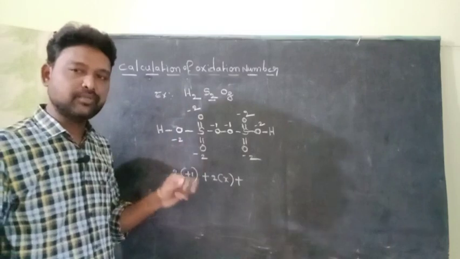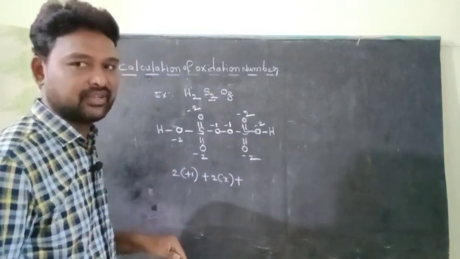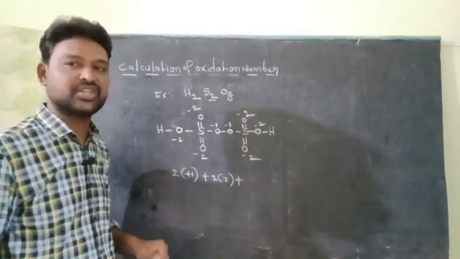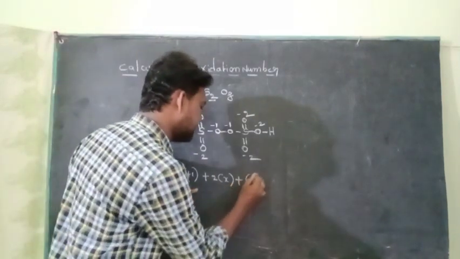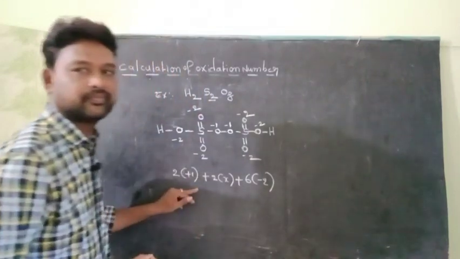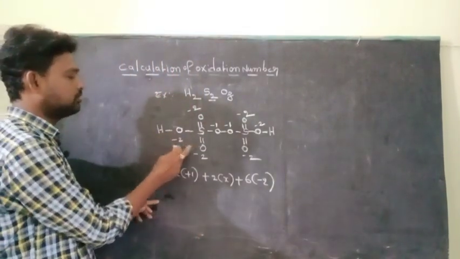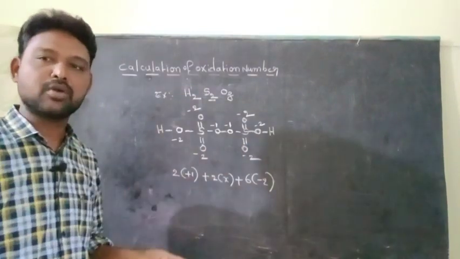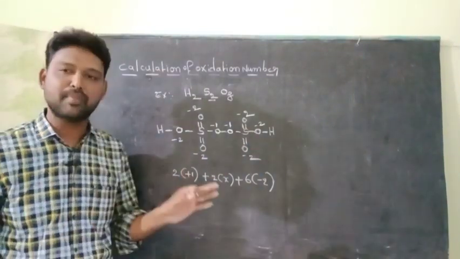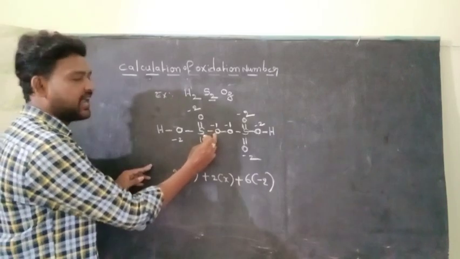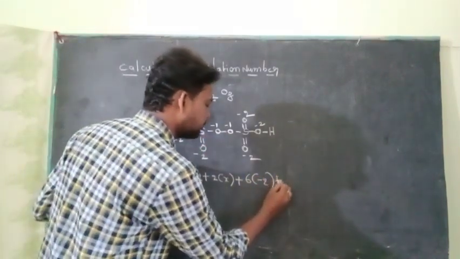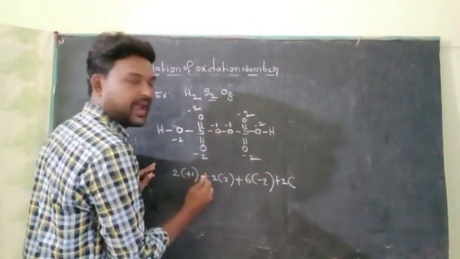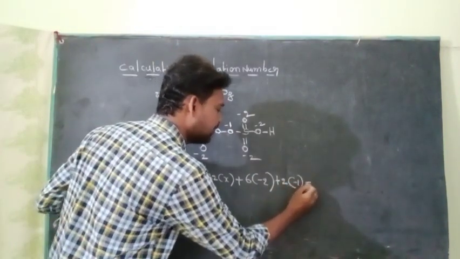In 8 oxygen atoms, 6 oxygen atoms are normal oxygen atoms. That's why you can take -2 oxidation number. The 6 into -2: the 6 oxygen atoms, 1, 2, 3, 4, 5, 6. These 6 oxygen atoms are normal oxygen atoms, that's why we can take 6 into -2. And the remaining 2 oxygen atoms, 2 into -1, each oxygen having -1 oxidation state, equal to